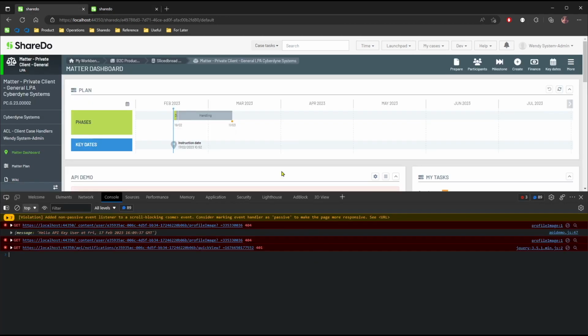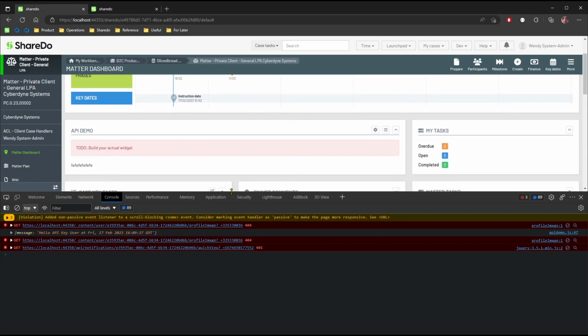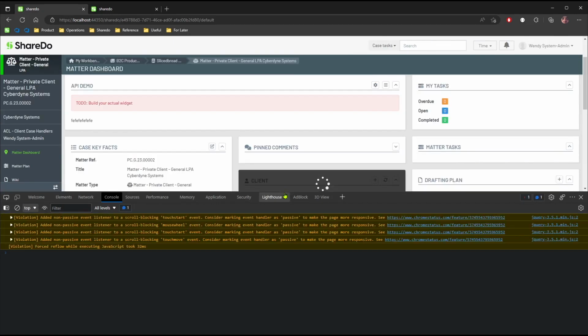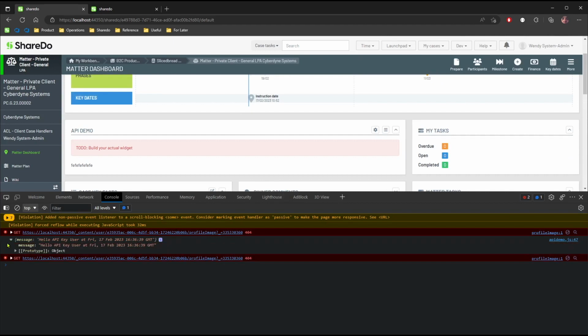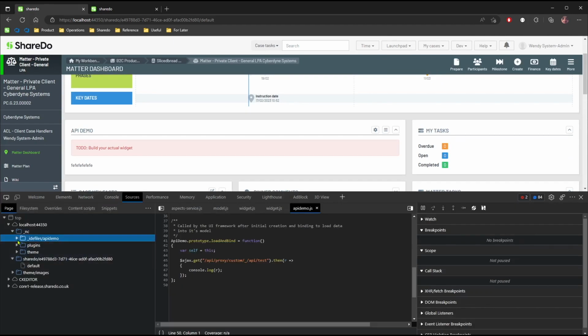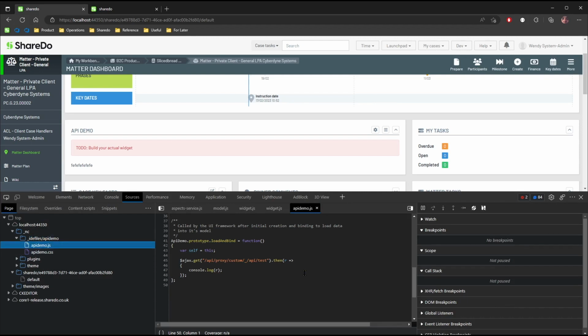Okay, so let's go and run this and see what happens. So I've got my widget here, let's reload. And again, we've got a message back. But this time, when I look in sources and I look at the source for that particular widget, I don't have anything being leaked. I don't even have the base URL of where that service is. It's just basically calling the Sherdo APIs and it's forwarding it on for me,